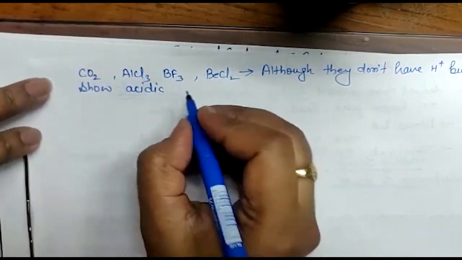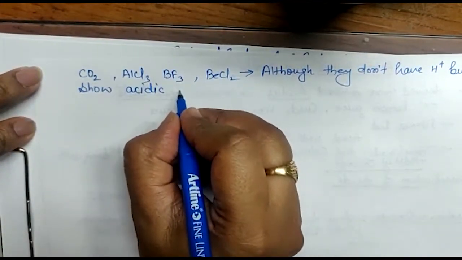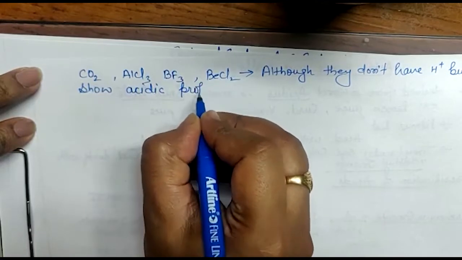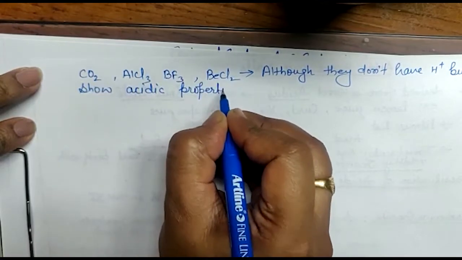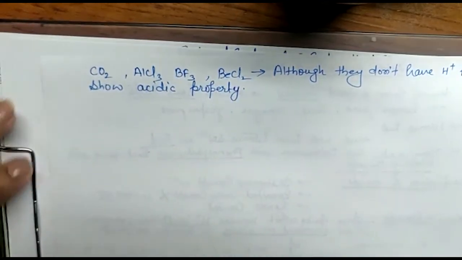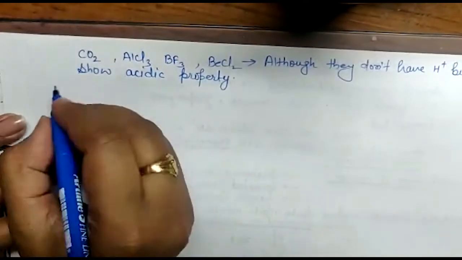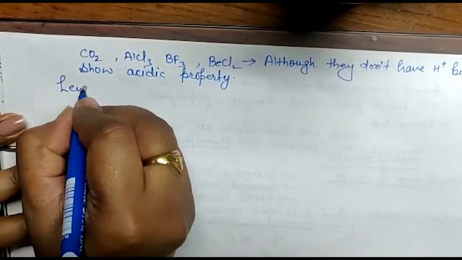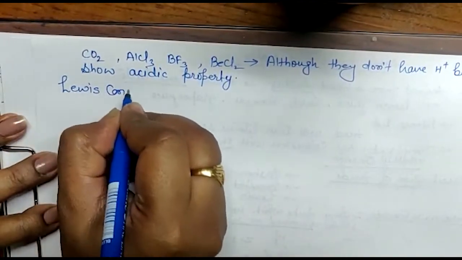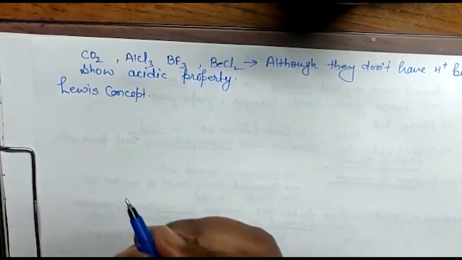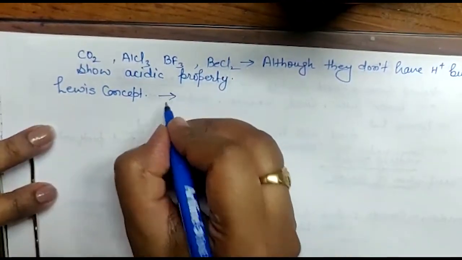The Arrhenius concept fails over here. So the next concept came, the Lewis concept. This Lewis concept for acid says that the electron deficient compound,